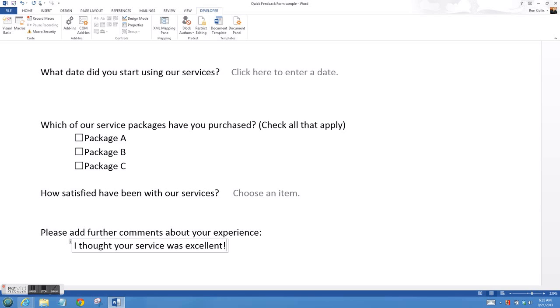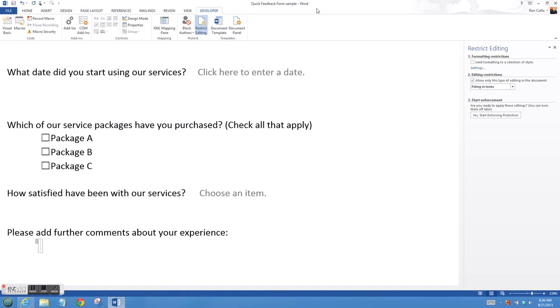Now, the final step before actually sending this off to your clients is that you need to set it up so that they can only enter information into the response boxes and not change your questions whatsoever. So to do this, we go over to the restrict editing command in the developer menu. This menu comes up. There's 3 options here. We ignore the first one. We click on the second one, edit restrictions, and we say fill in form. We click on fill in form, and then third thing we say yes,